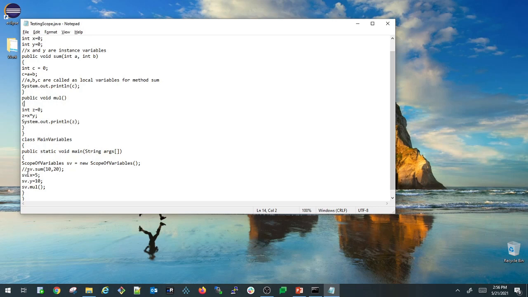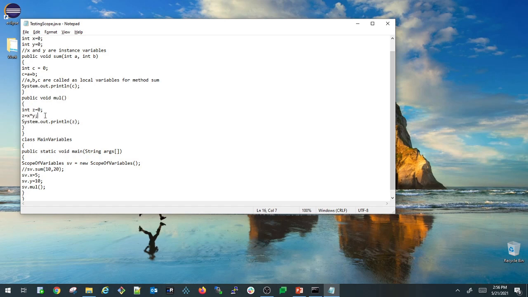So I assigned the values inside the main variables class using the instance. sv is an instance of the scope of variables class, and I'm calling the sv.mul method. Inside the mul method I'm not accepting any arguments, so directly I used x and y.